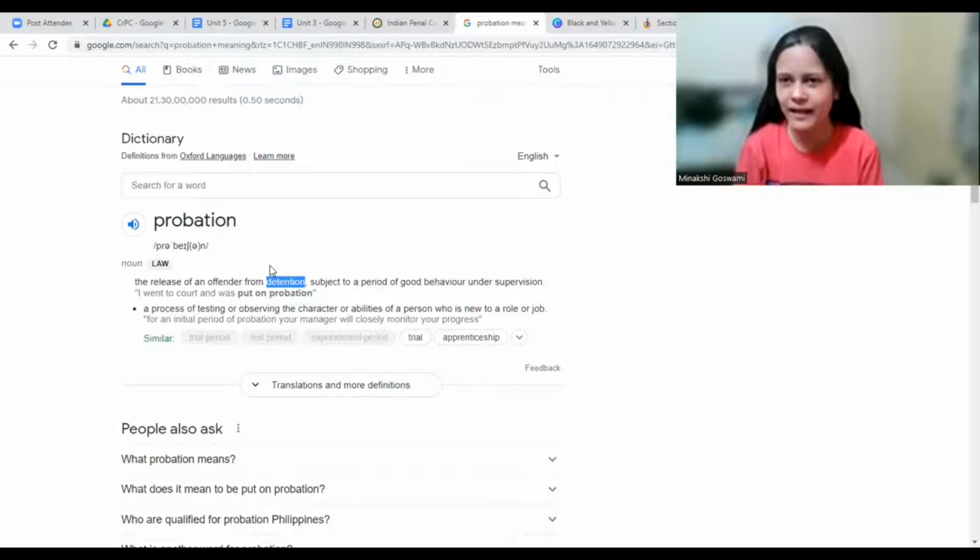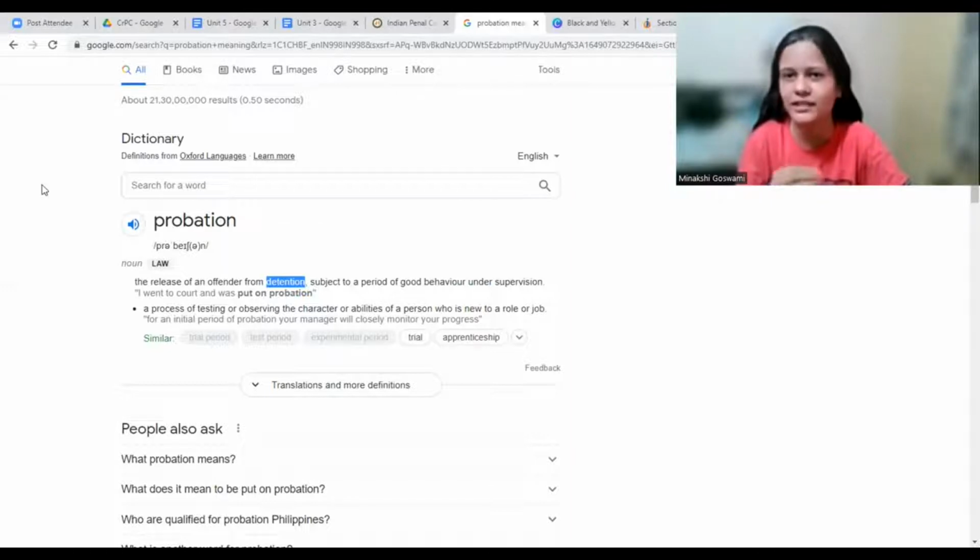And sometimes it may happen that a person, because of the situation, just ends up committing a crime. Might be he is otherwise a good person, not belonging to any criminal background, otherwise having a very good record. Because of the situation, he just ended up committing a crime. In such cases,